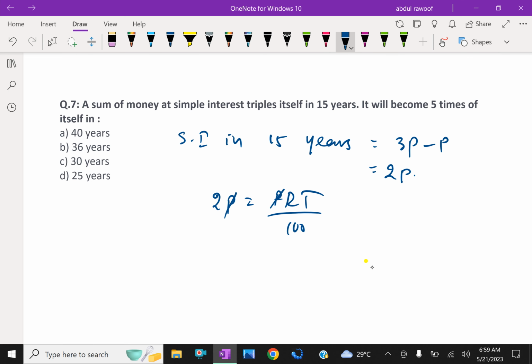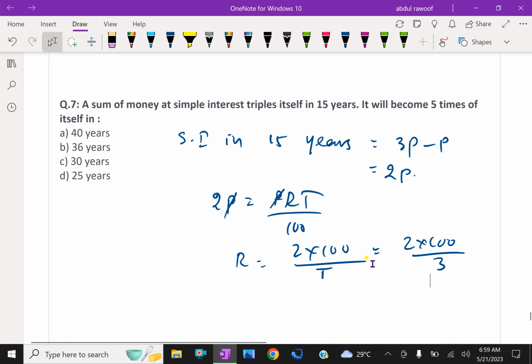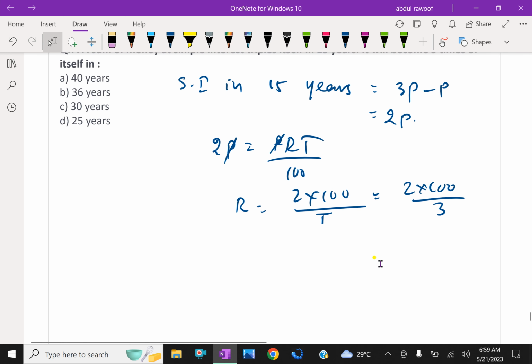So we have R equals 2 into 100 over T, 2 into 100 over 3 years